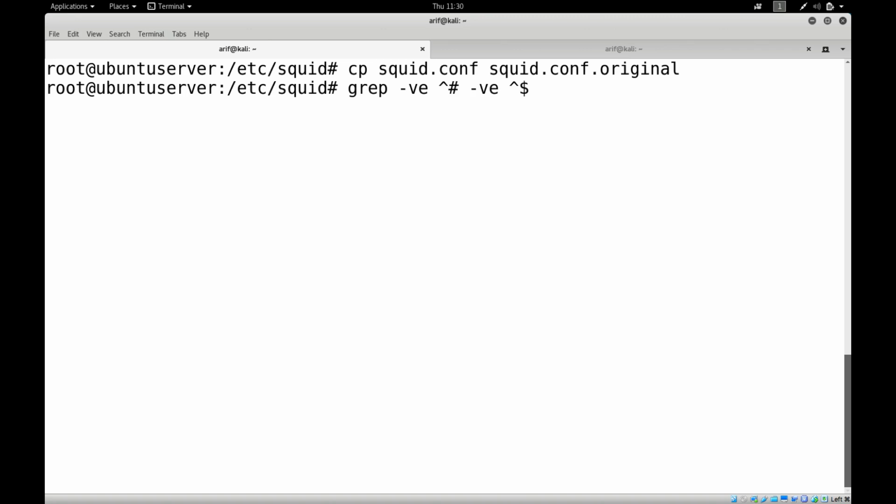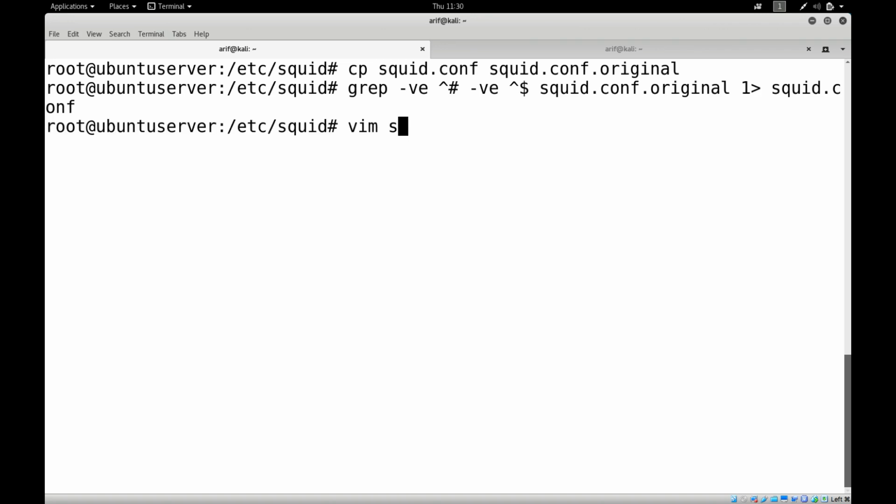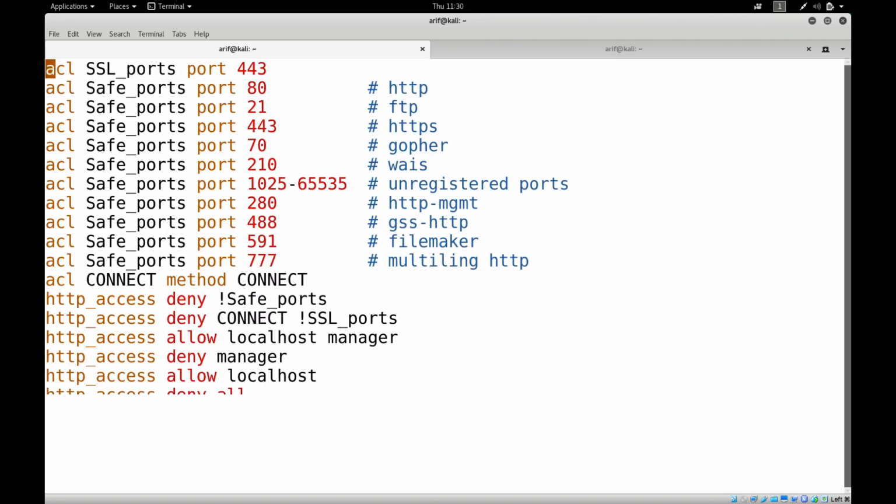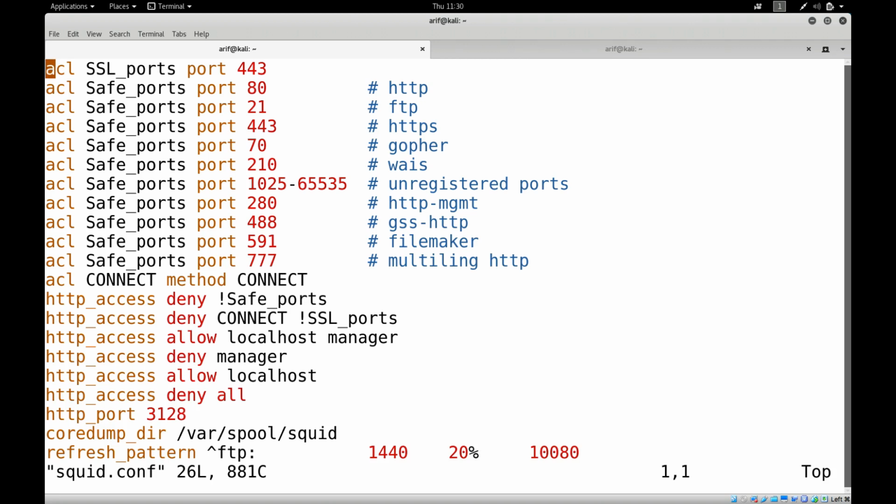I'm not interested in the blank lines as well. And let me use squid.conf.original and let me redirect the output to squid.conf. Okay, let me now vim squid.conf,